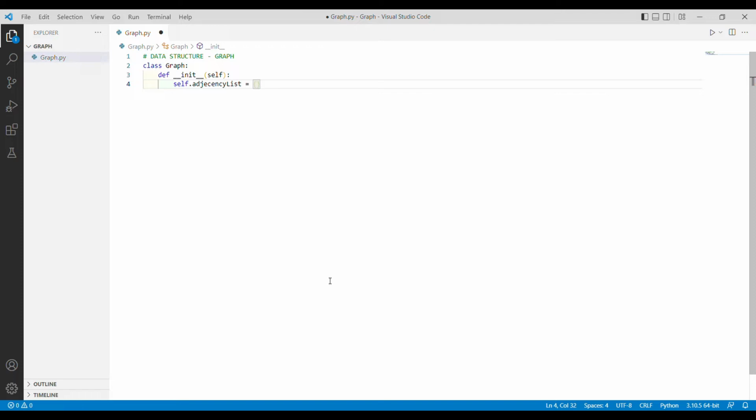So let's take a moment to pause and analyze what we are actually trying to achieve. What is this adjacency list? And by the way, self dot is just the Python notation for referring to the object. So that is something related to object-oriented programming. But let's get our focus back to the adjacency list dictionary that we are trying to create. What is the significance? What are we trying to achieve? So this dictionary is going to